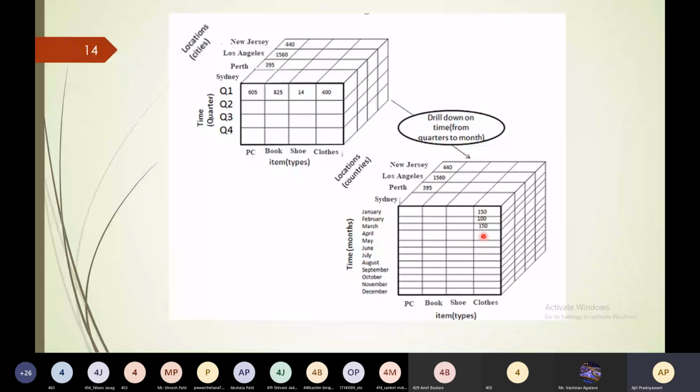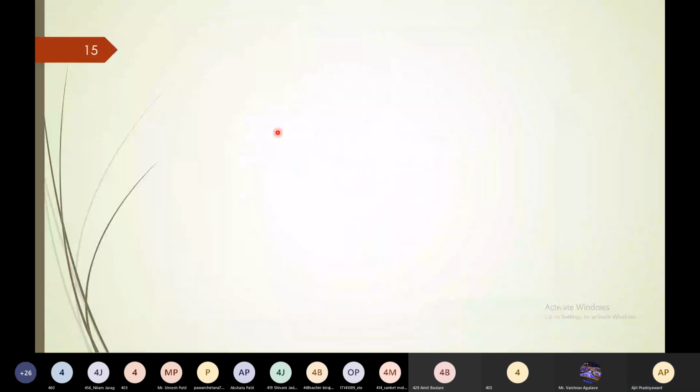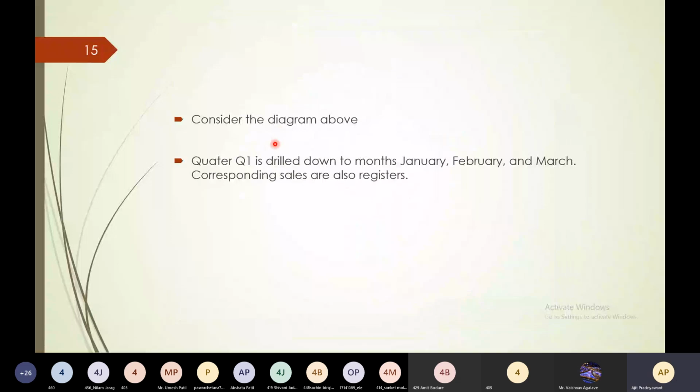And this is how you are performing drill down operation on the cube. So considering the above diagram, quarter 1 is drilled down to months: January, February, March, and so on. Corresponding sales are also registered. In this example, dimension months are added.